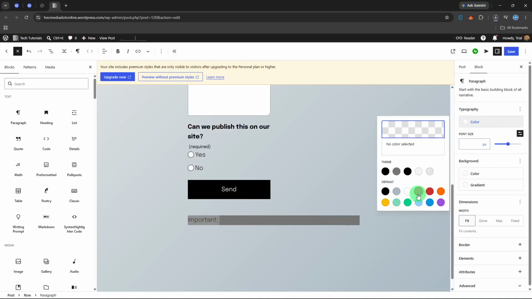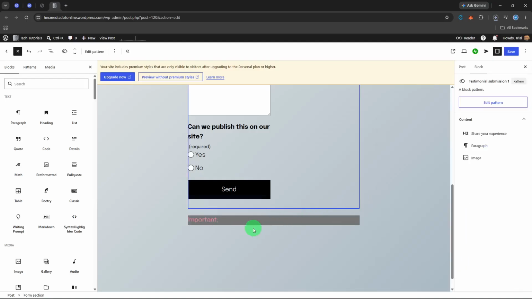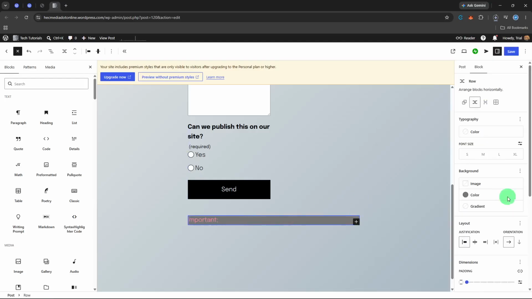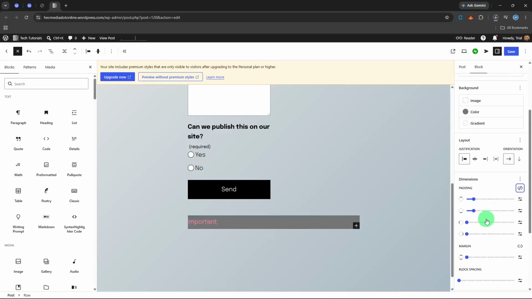Now select the group block again. Open Dimensions in the right sidebar. Look for padding and increase it. I'm setting all 4 sides to 24 pixels. That creates space between the text and the edges, so it looks like a proper text box instead of words jammed against the color. If 24 feels too tight or too loose, drag the padding values until the box looks